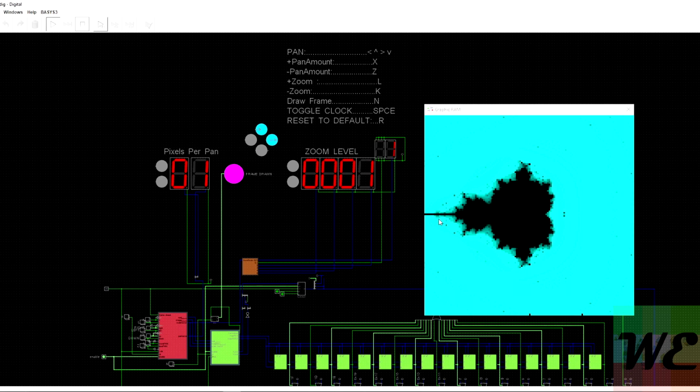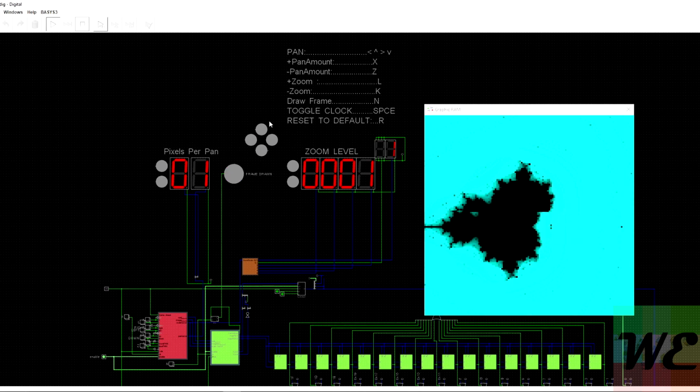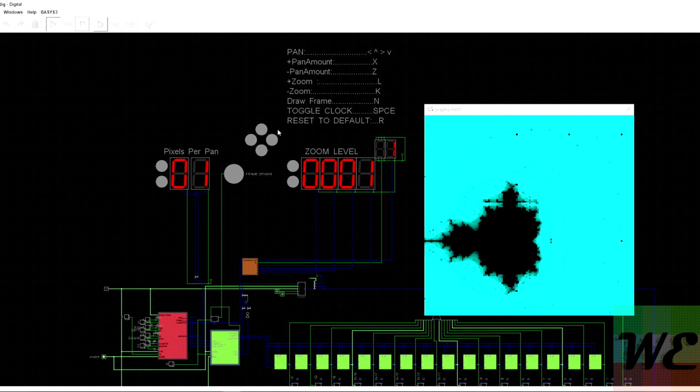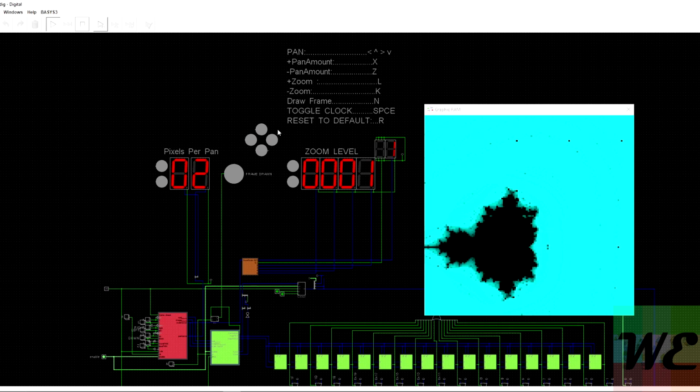You can see the colors up here light up when I press the buttons that move it. I press the up arrow, it's moving my frame up, which is moving the Mandelbrot down, if that makes sense. So I press up a few times. I want to increment how much I pan every time I press it. I can just press X here, and you'll see that now when I pan a few times, I don't have to press as much and it moves even more.